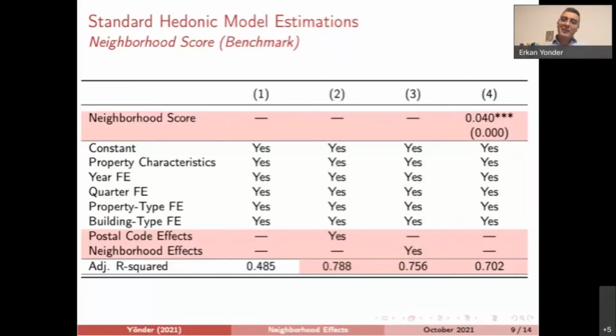So from the third model, we can understand the impact of each individual neighborhood characteristic. And based on those, if we just create one indicator, actually we see very similar impacts using postal codes, but we don't learn much from postal codes. We just say, okay, Montreal downtown is 20% more than other places, but we don't know what drives this. Our approach helps us understand the drivers of the neighborhood characteristics behind these valuations.